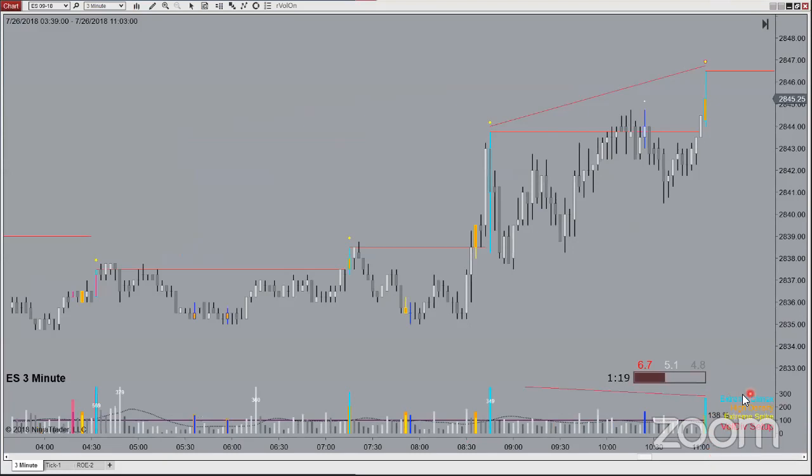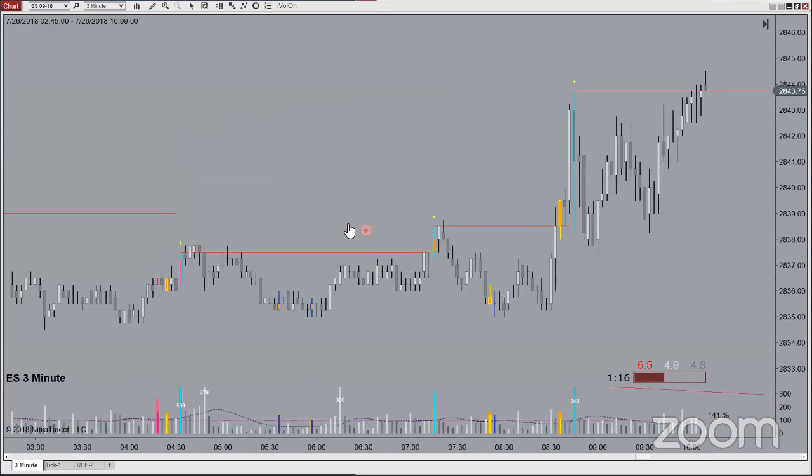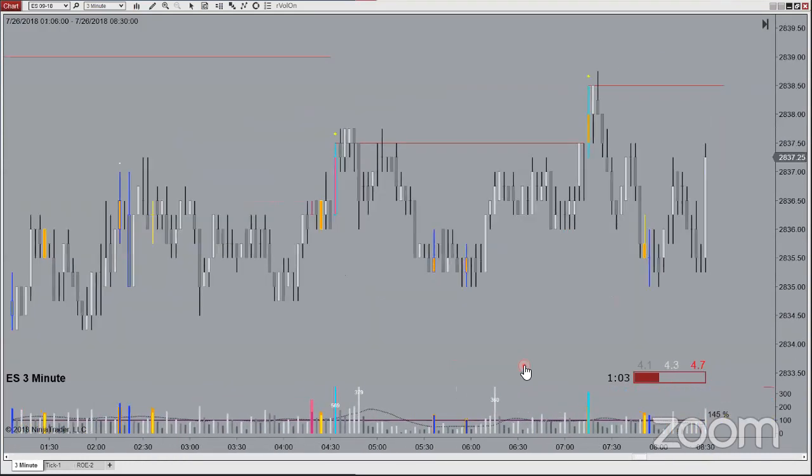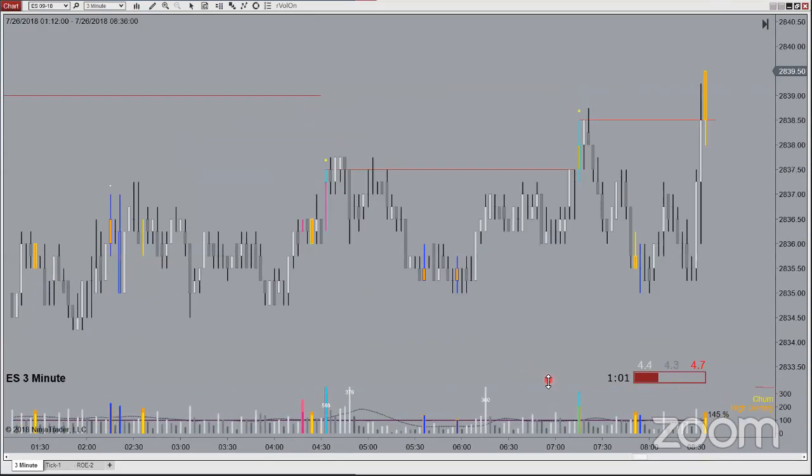So a climax will always be a wide-ranging high volume bar. You've got extreme and you've got just normal. It's a normal climax. You could call it a major climax if you want. But a churn bar, every churn bar has to have high density,